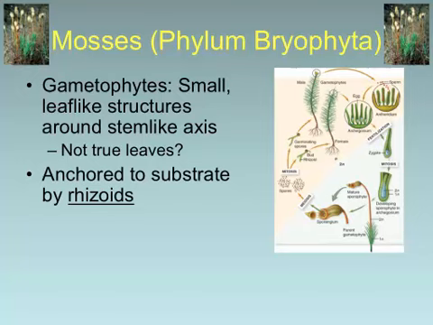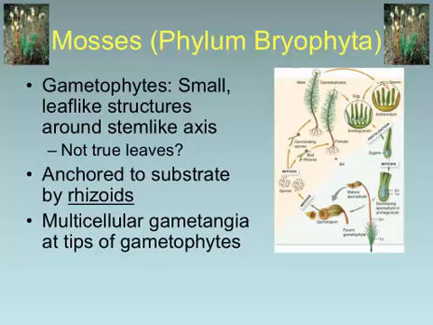They have a single, what looks more or less like a stem. They have little, what look like leaves radiating out away from the stem. I should say they're stem-like and leaf-like because they do not have true vascular tissue. And again, to be considered a root or a stem or a leaf, it has to have actual vascular tissue, which these don't. The roots in this case aren't roots. They're what are called rhizoids. They're root-like structures. They really don't do anything to absorb water at all, but they do serve an anchoring function, much like a root would. So the rhizoids are going to anchor the plant to the substrate where they can attach and stay for a relatively long period of time.